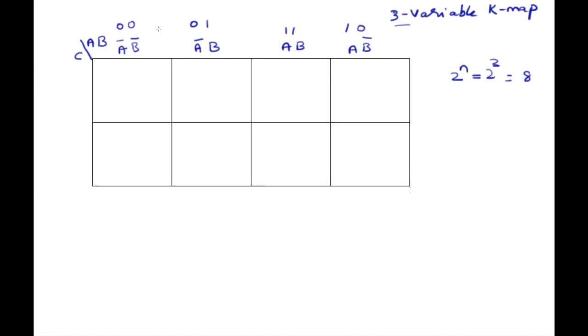So here I'm just interchanging these two, because whenever I write, the next state should always have a 1 bit difference. It shouldn't be more than 1 bit difference. So here I have 0 0. Here I have 0 1. This 0 and this 0 are not changing. But this 0 and this 1, there is a 1 bit difference between the two.